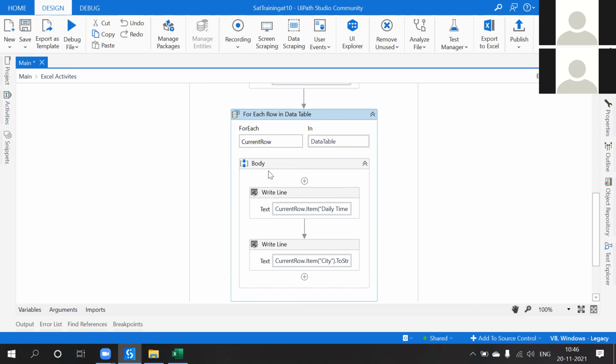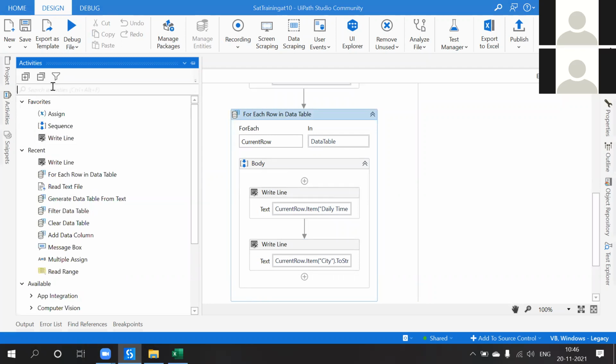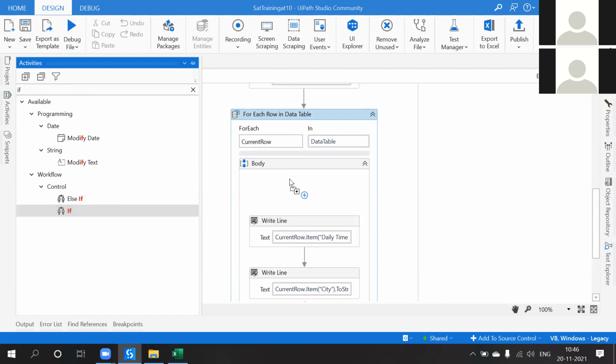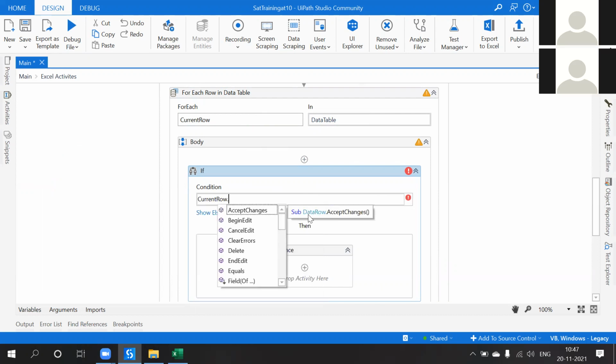I would like to read only 10 rows, because otherwise it is a waste of time. So I put if current row